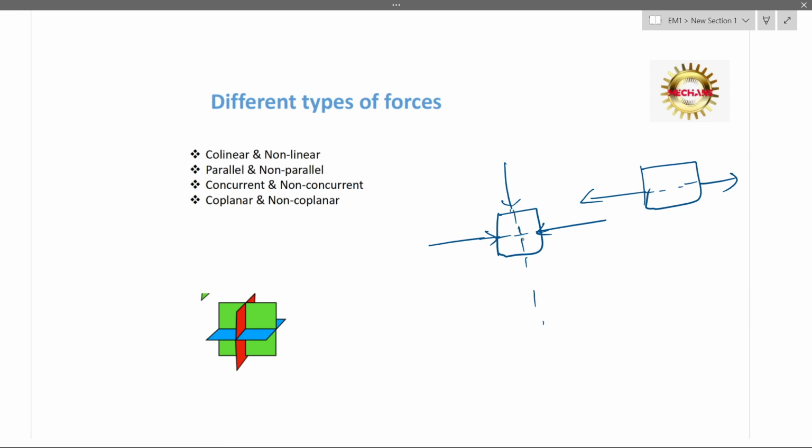If there is another force like this, its line of action would be like this. So this is not collinear. This is called a non-linear force. If you take another system of forces acting like this,